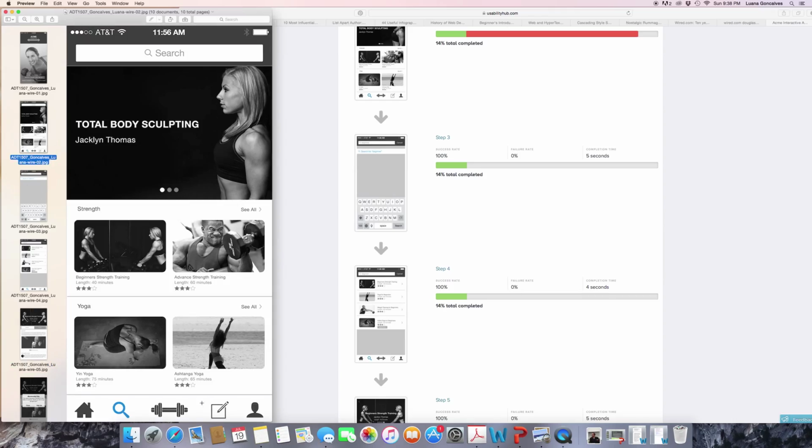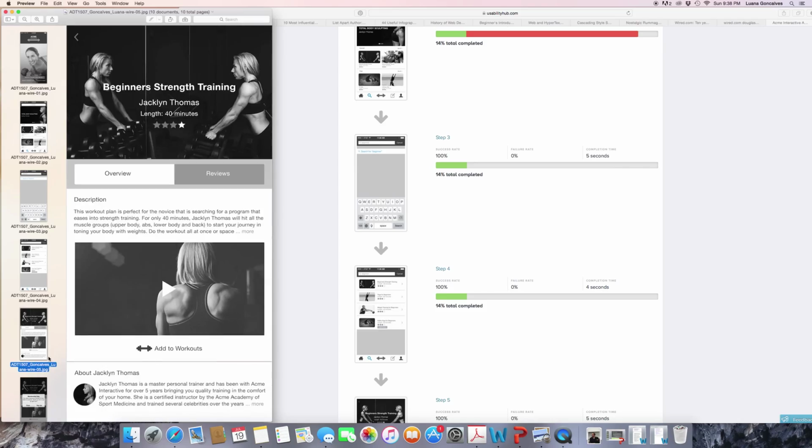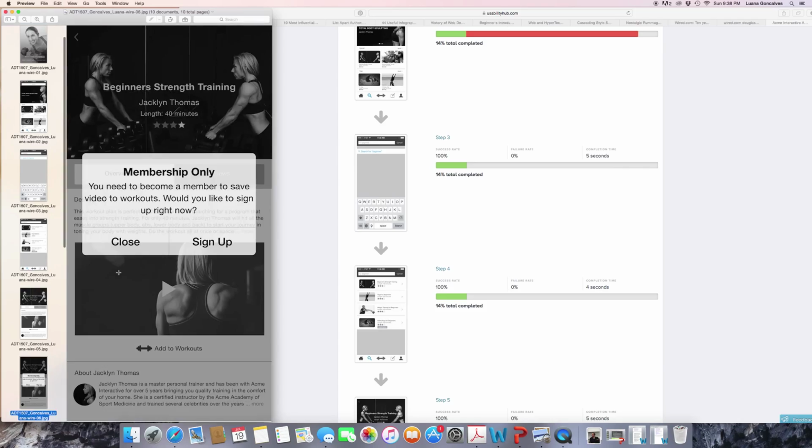So once they click add to workouts to save it to their workout list, which, if you see here on the global navigation, the dumbbell right here in the middle is where all their saved videos would be stored. Once they click here, this alert will pop up where it warns the user, hey, this is only for members, but if you want to save your video, would you like to sign up right now? And let's say they click sign up,